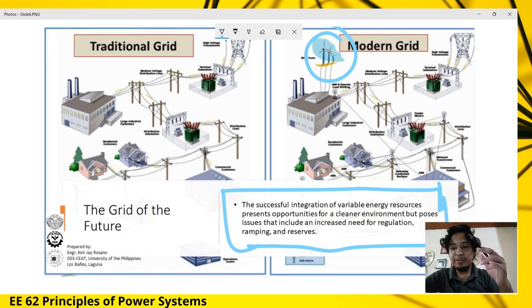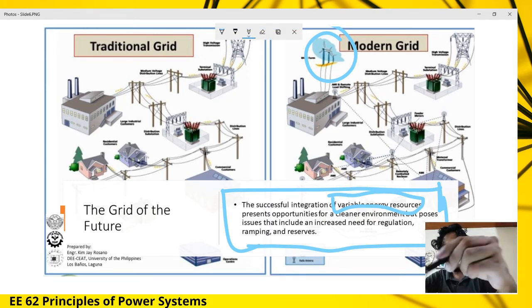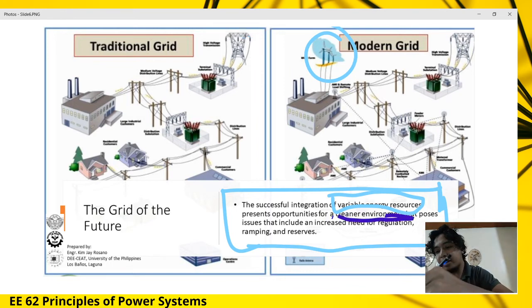So the successful integration of variable energy resources are usually yung ating renewable resource, energy resource. It presents a lot of opportunities for cleaner environment, lalo na yung ating mga